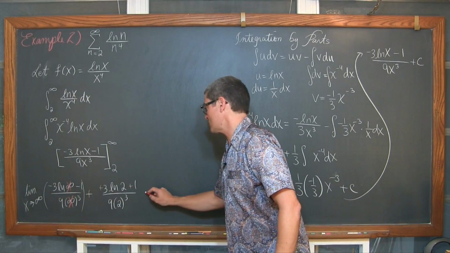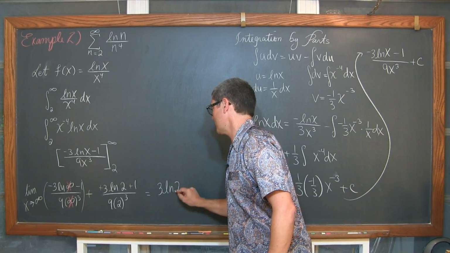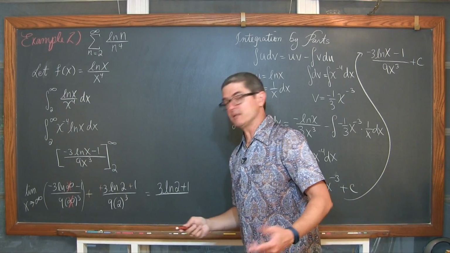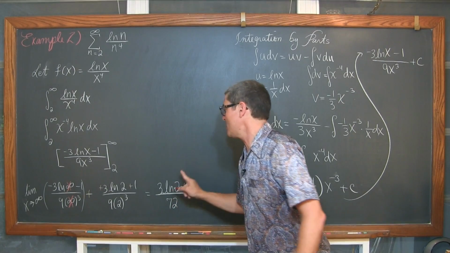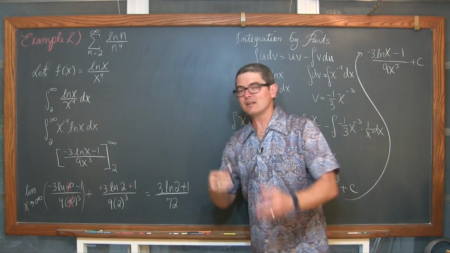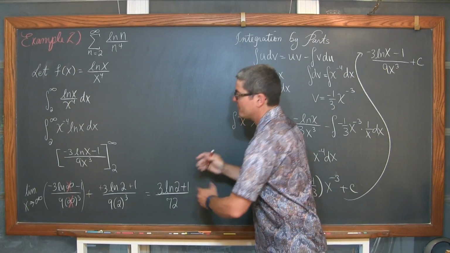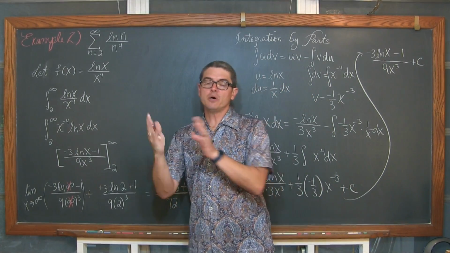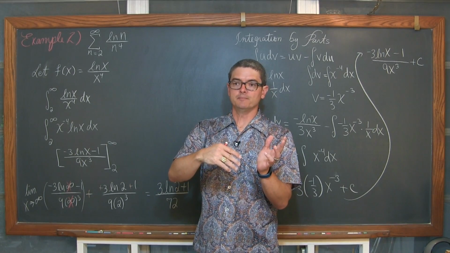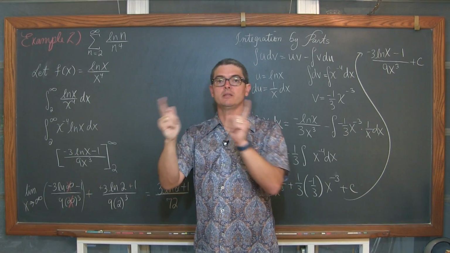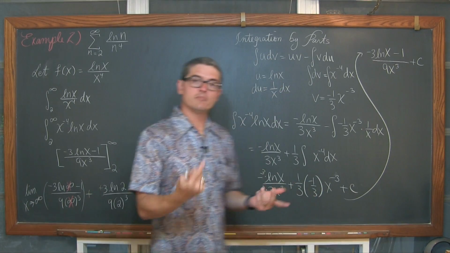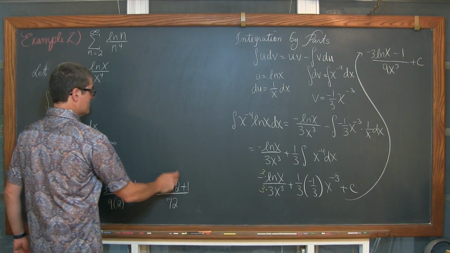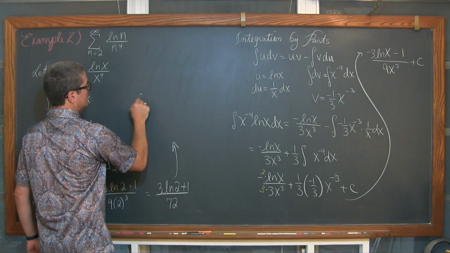So really our final answer here is 3 natural log of 2 plus 1 over 2 cubed, which is 8, and 8 times 9 is 72. That is a real solution, not infinity or negative infinity. So my definite integral converges. And the integral test said that either both the series and the integral diverge, or both the series and the integral converge, as long as you've met the requirements of the integral test, and we did. So therefore, since this is a real solution,